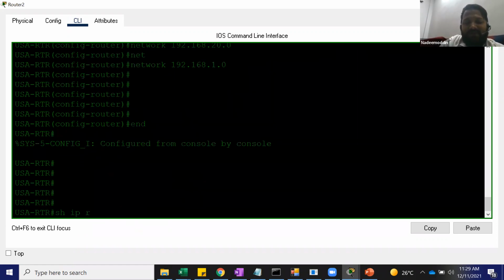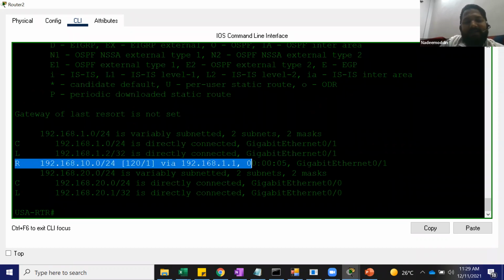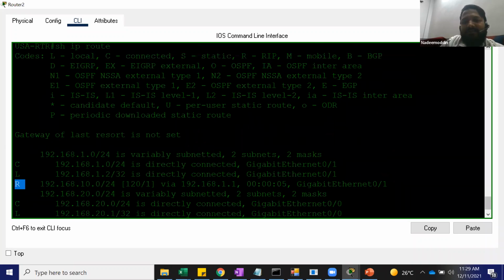Now, can you see the show ip route? Automatically the India LAN came here. How did it come? Via R. What does R mean? R means RIP.